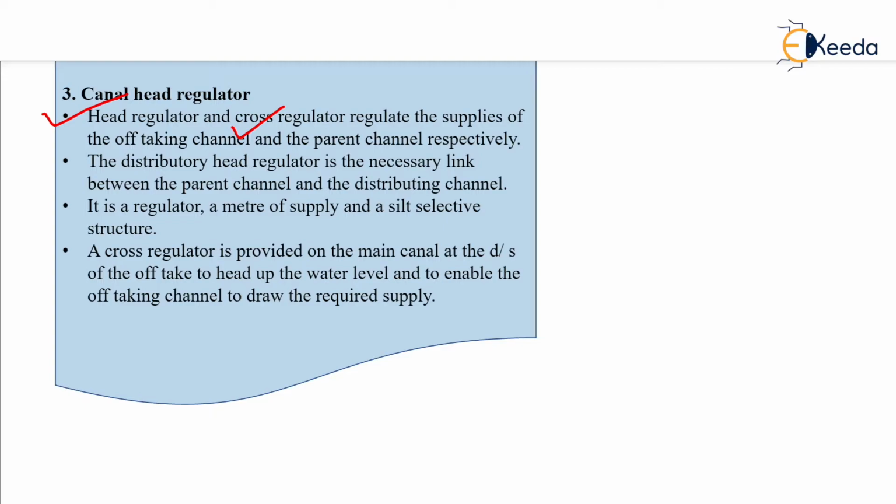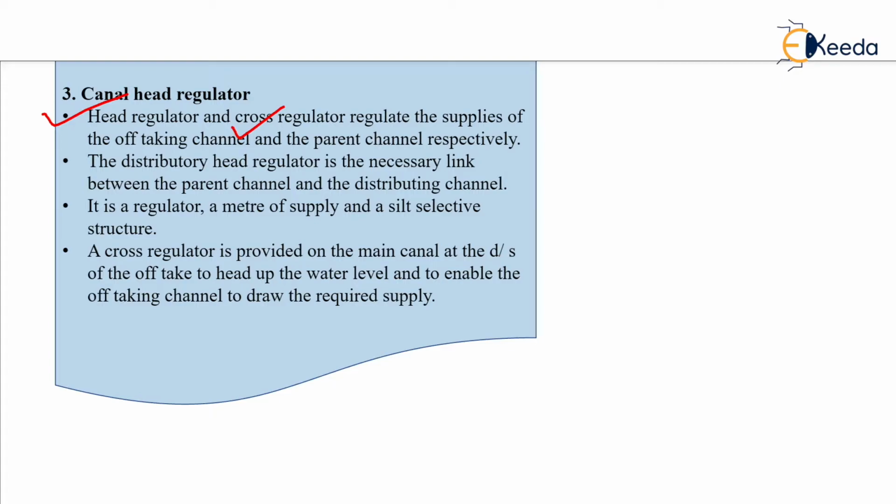constructed at the entry of the channel, or in between two different channel sections. The distributary head regulator is the necessary link between the parent channel and the distributing channel. It is a regulator, a meter of supply, and a silt selective structure. So it serves three purposes: it acts as a regulator, and it is a meter of supply, so that we can estimate how much water is allowed to pass